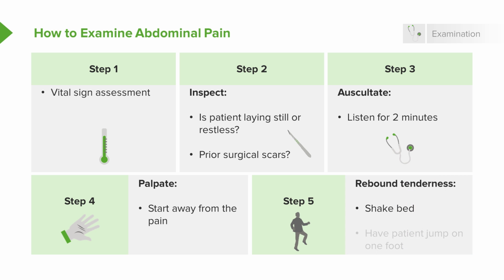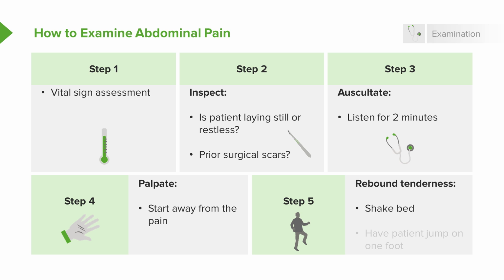The other things you can do to assess for rebound tenderness is that you can sometimes shake the bed. This was a tip that I learned when I was a medical student from one of my surgery residents. He would go in the rooms for patients that were being worked up, and he would take his knee and nudge the bed a little bit and see if the patient reacted. Shaking of the bed reproducing abdominal pain is something that indicates that the patient may have peritoneal irritation and